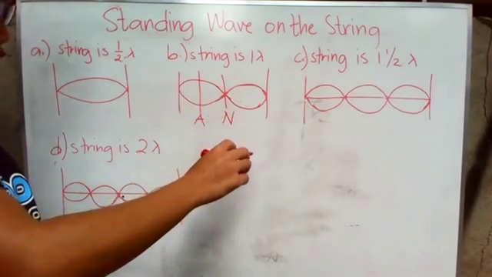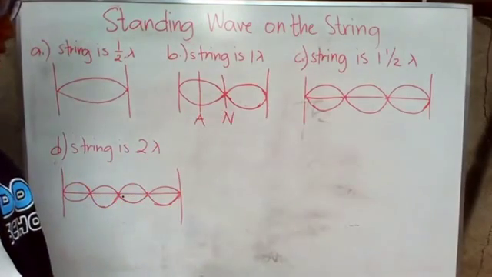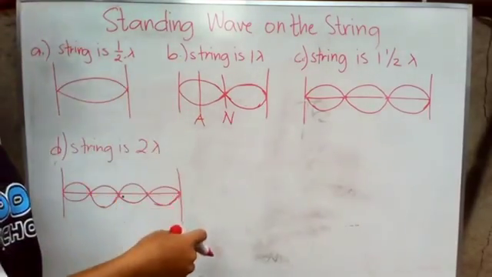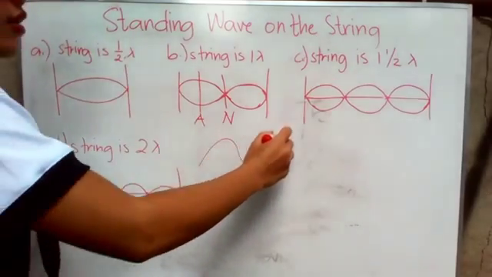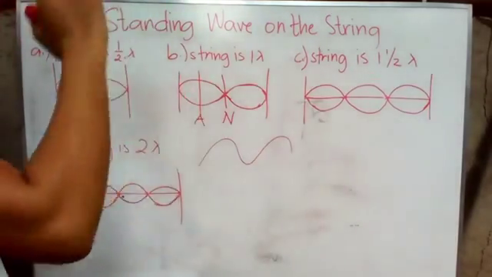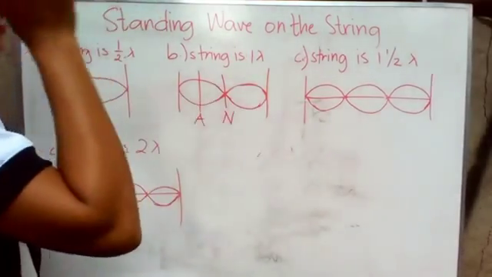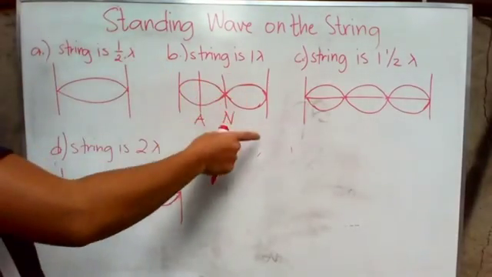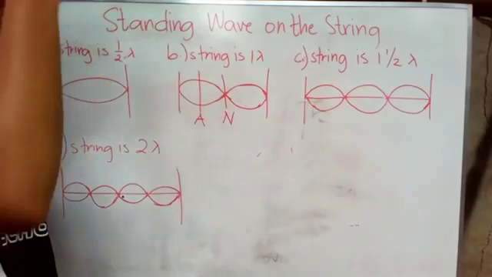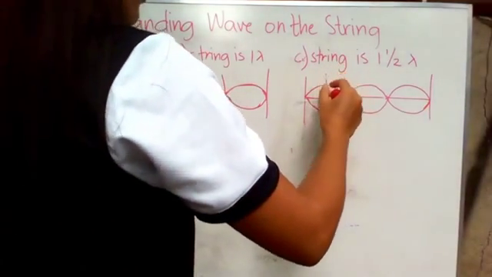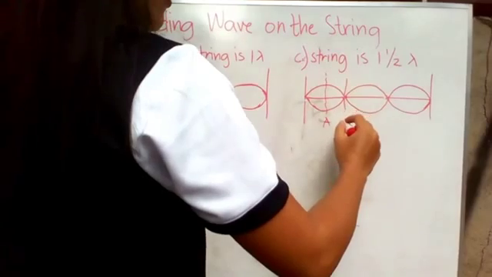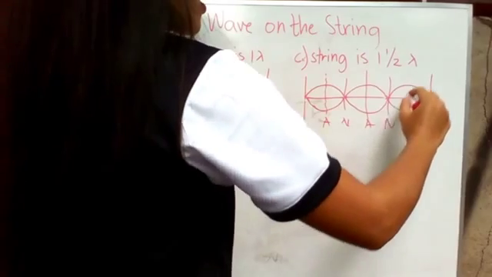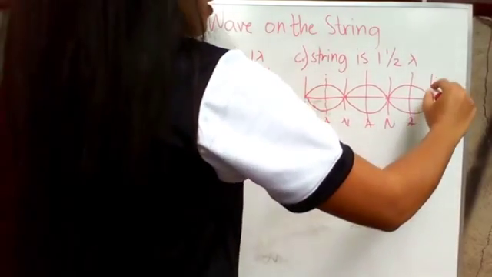To emphasize, a wave that does move along the string is called a traveling wave. As in the previous example of the wave on the string, you can see that it is moving, so that's what we call a traveling wave. From this illustration, you cannot see what direction it is moving, so we just call it a standing wave. Also here, we have the antinodes, nodes, antinodes, nodes, antinodes, nodes.